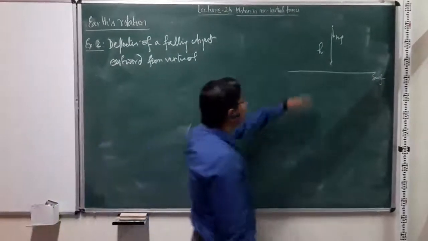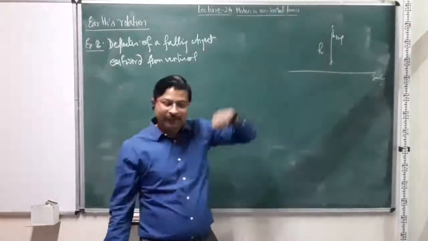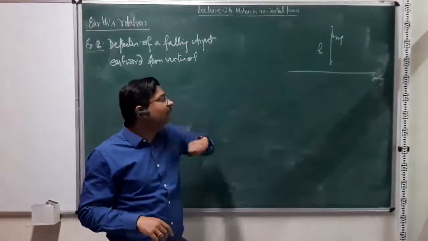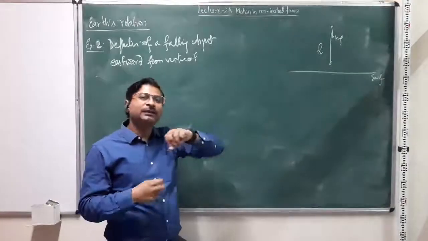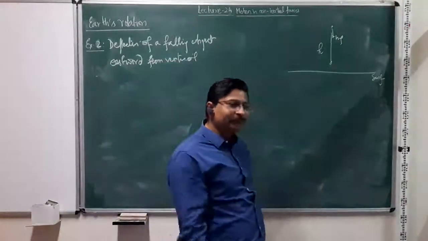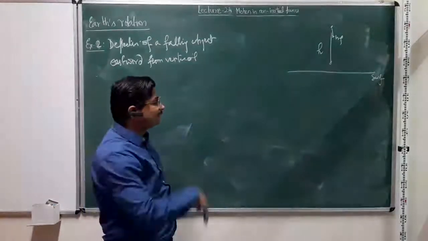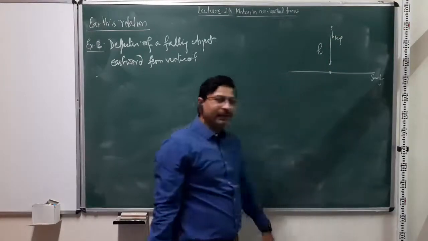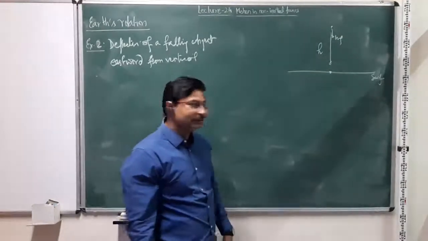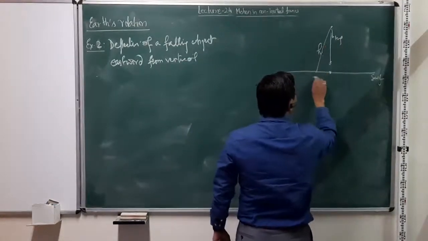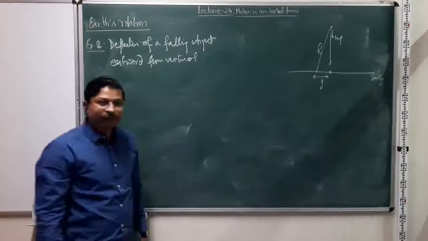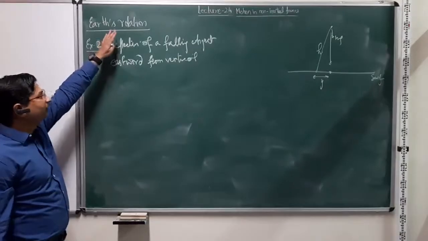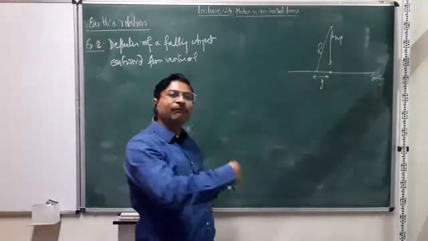However, what has been seen is, if this height h is rather large, and again, the height need not be so large that g is not constant. We can still have about 100 meters, 200 meters, where the acceleration due to gravity is still taken as constant. So we can still apply the vertical downforce as mg. What is seen is, instead of falling at the vertically opposite point on the surface, the objects fall at some distance, let me call this y, away from that point, and they always go eastward. And this has its origin in the rotation of Earth, because the Earth is rotating from west to east.